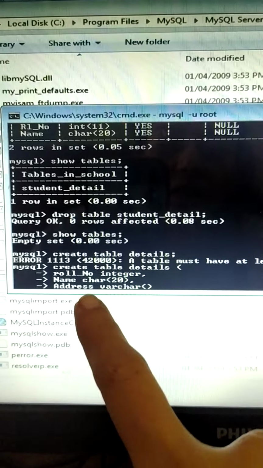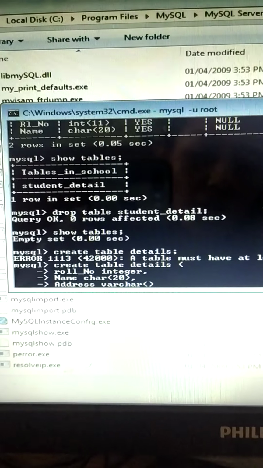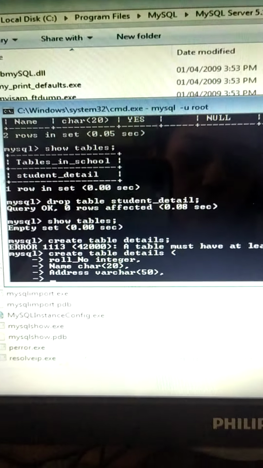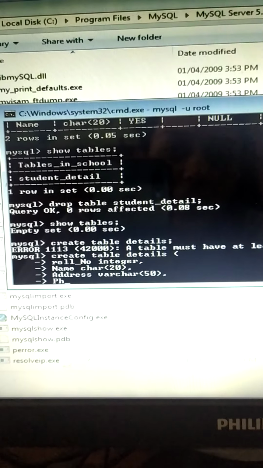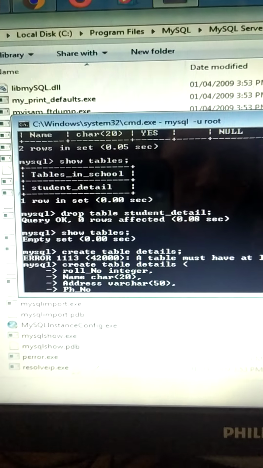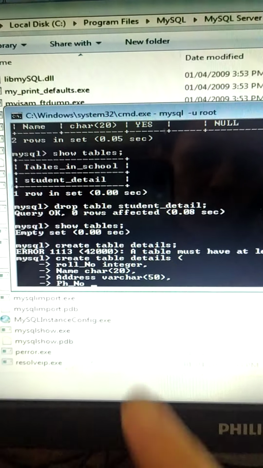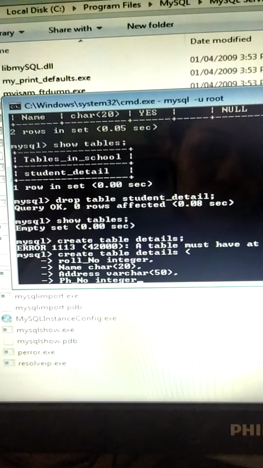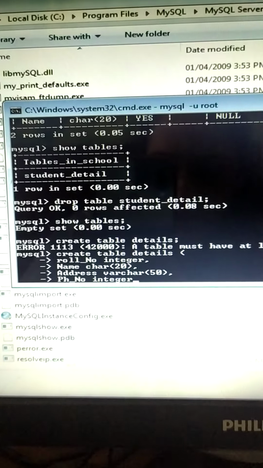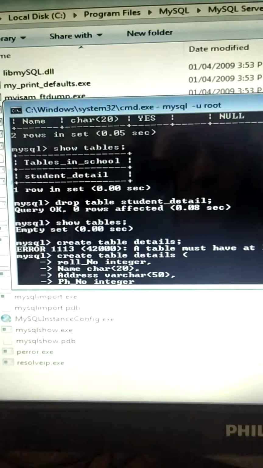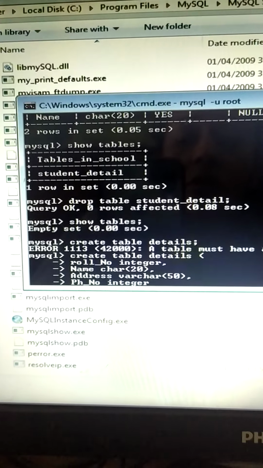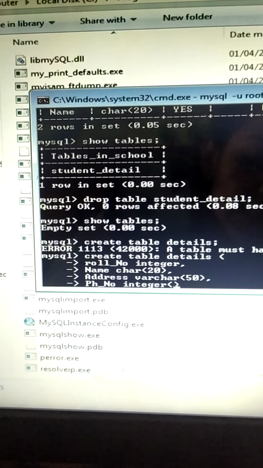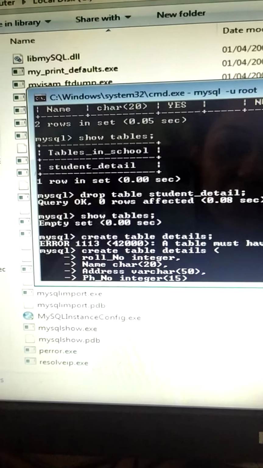Address will be bigger, so we'll specify the size as suppose 50. Next is phone number, ph_number. It will be integer only. And here also we'll specify the size, because someone can't enter a phone number with 20 digits. So we'll specify the size as suppose 15.